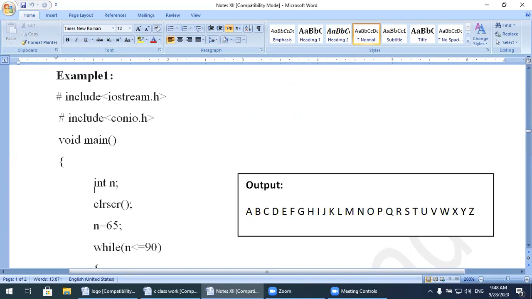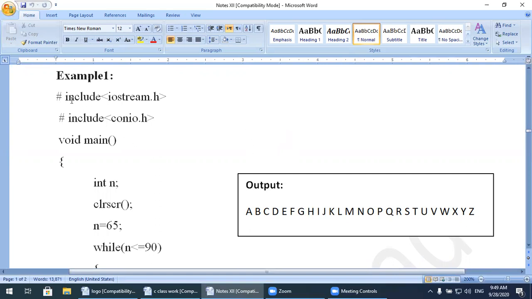In this program, we use the while loop as a for loop. Mostly the programs in your book don't use event control as much, but they use a while loop as a for loop. In this program you will see they display A to Z, all the alphabets. Write a program which displays all the alphabets in capital letters, A to Z.